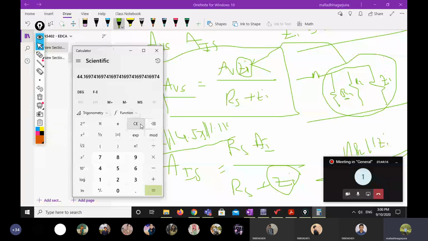Similarly, if we take 70 into, without taking R1 R2, means 1100, divided by 1500, how much did you get? 51.33. So what is the difference? 44.167 and 51.33. That is almost 5 to 6 difference, not more than that. So if we take R1 R2 or without taking R1 R2, both will be considered. That is not a big issue.